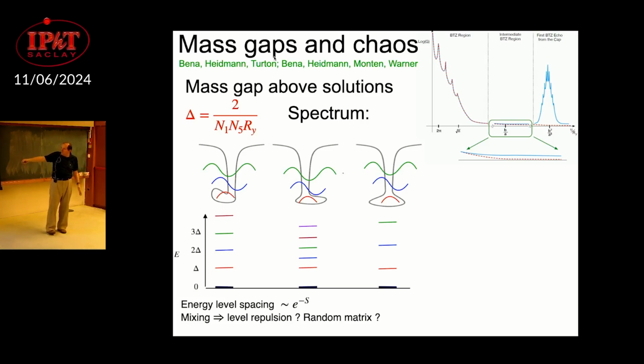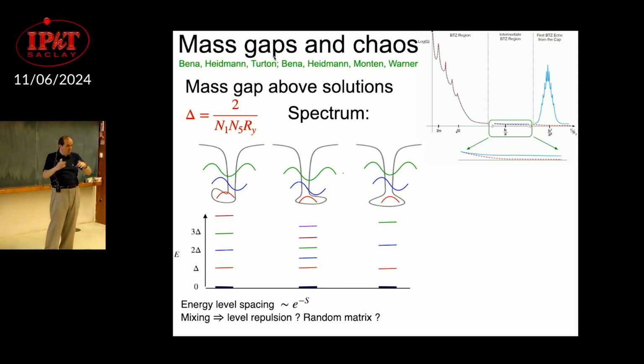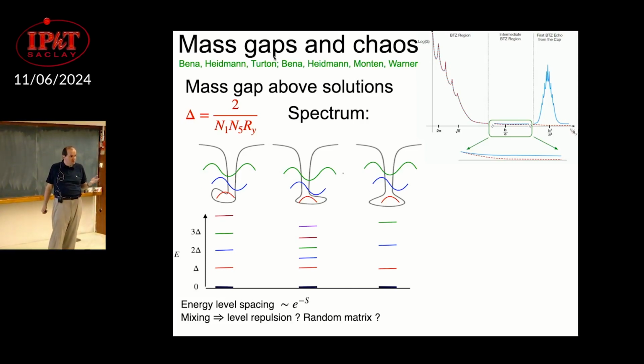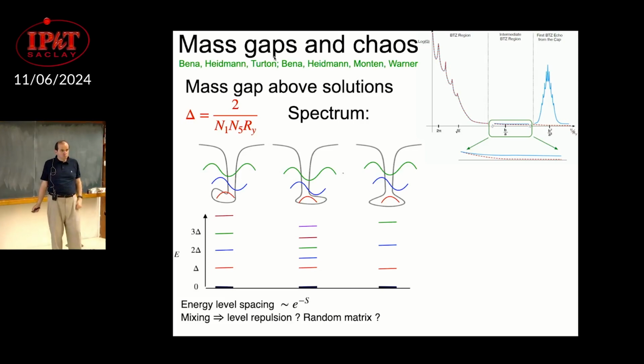Therefore there will be a mixing between all of them, and you expect that when you mix e to the S states in some small neighborhood, there will be a tiny mass gap between them, and you'll get a continuous spectrum, and you'll get eigenvalue repulsion by the mixing. I think that's the expectation. So just a quick follow-up: when you break the supersymmetry, it starts causing one superstratum to explore the other modes that are available. So the picture that Iosif is painting is compatible with what I'm saying, just because supersymmetry breaking drives the mixing.